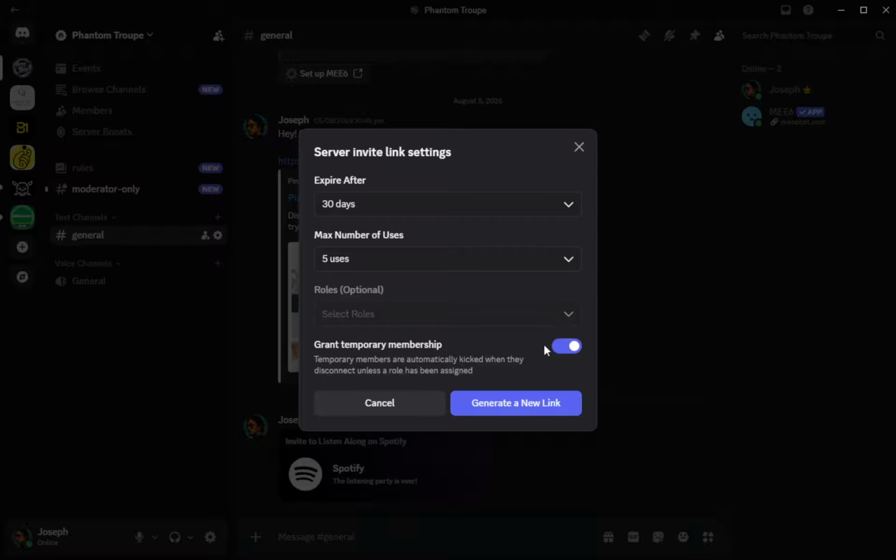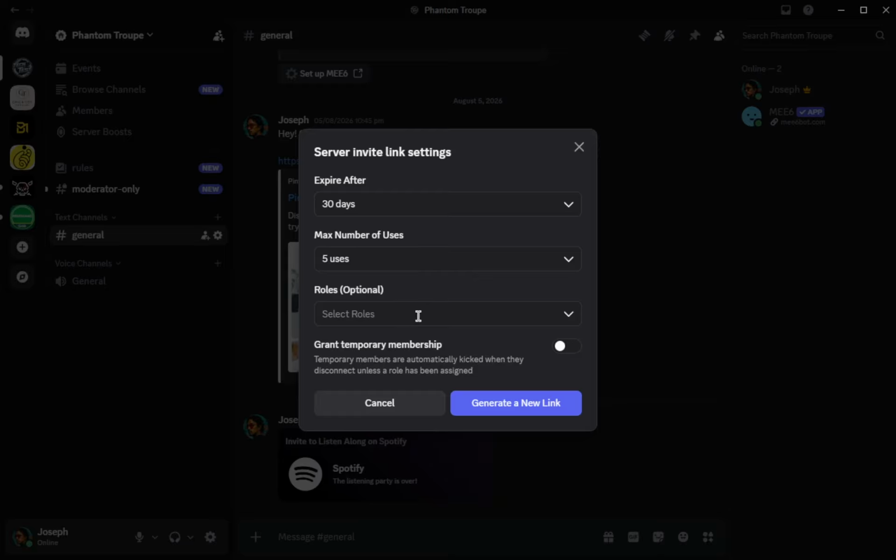Once you see the final link, click Copy. This copies the invite link into your clipboard on the computer. You will not see anything change on screen, but you can paste the link into a message to confirm it worked. On most systems, you can paste with Ctrl-V or Command-V.